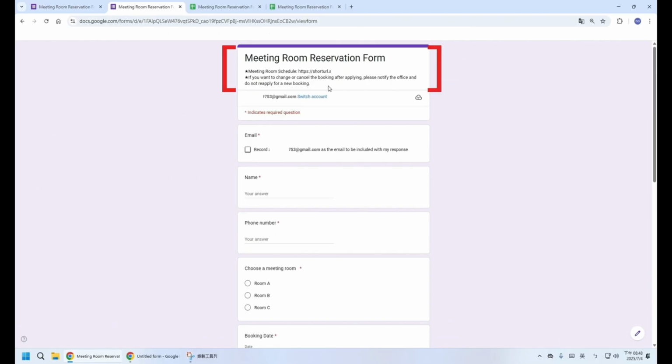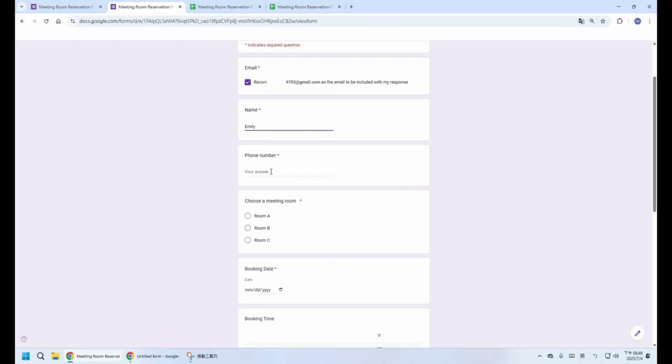After explaining both instructions to the customer, our first one, of course, is to collect the email addresses of our customers. That is, if there is any unexpected situation in the meeting room, like when the air conditioner is broken and the meeting room is temporarily closed, then we'll have to tell the customers to help them change the meeting room. So in addition to collecting customers' emails, of course, we're going to collect customers' names and phone numbers.